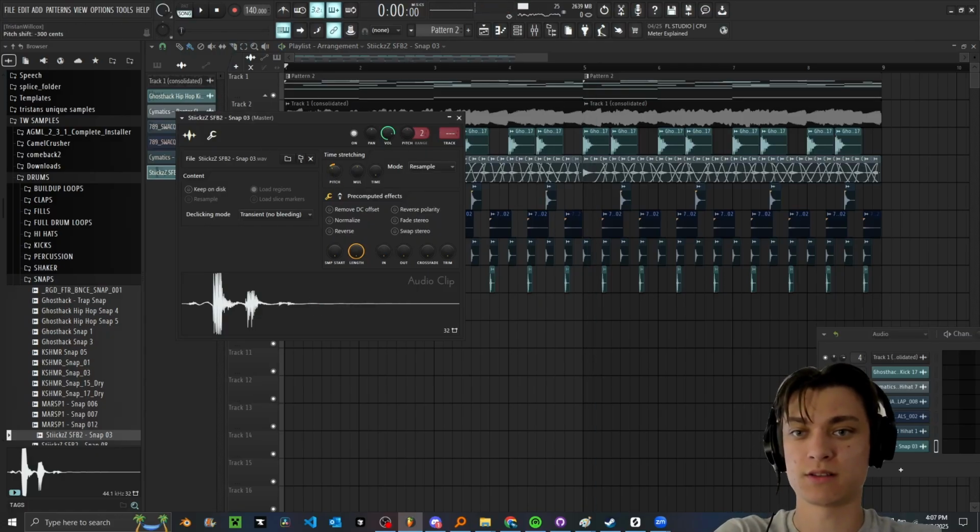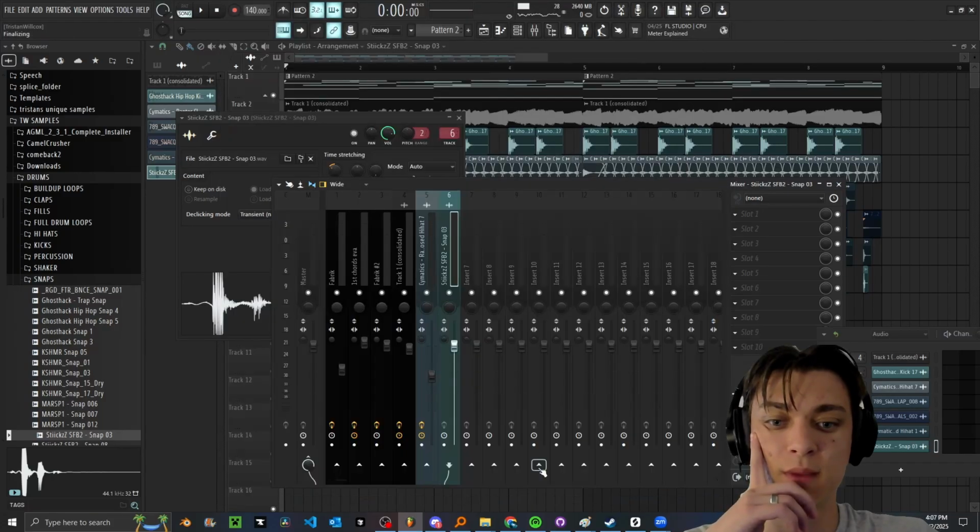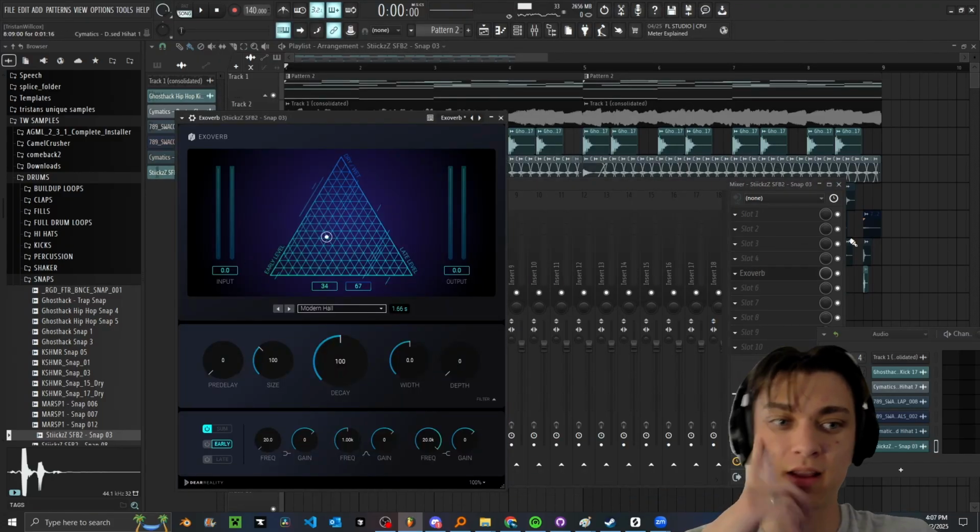This, I want to pitch down this snap, and then I want to put it on a long, maybe like an XO verb, something like this, and then it'll kind of be like